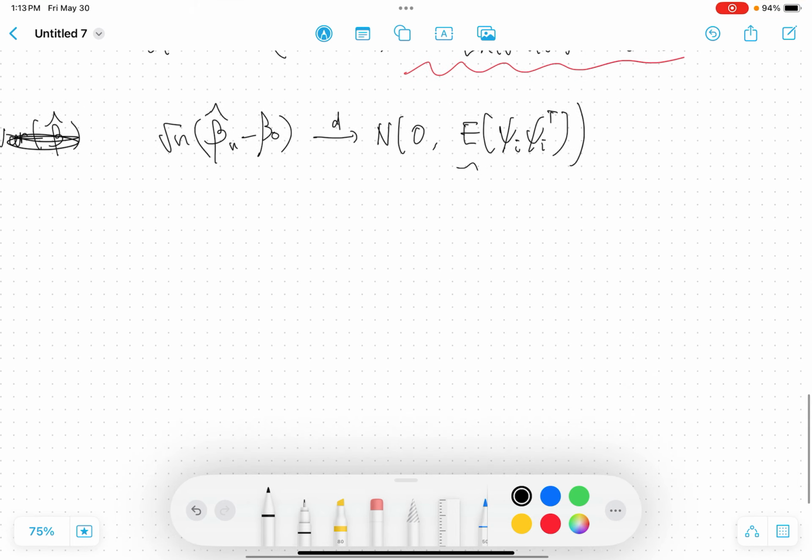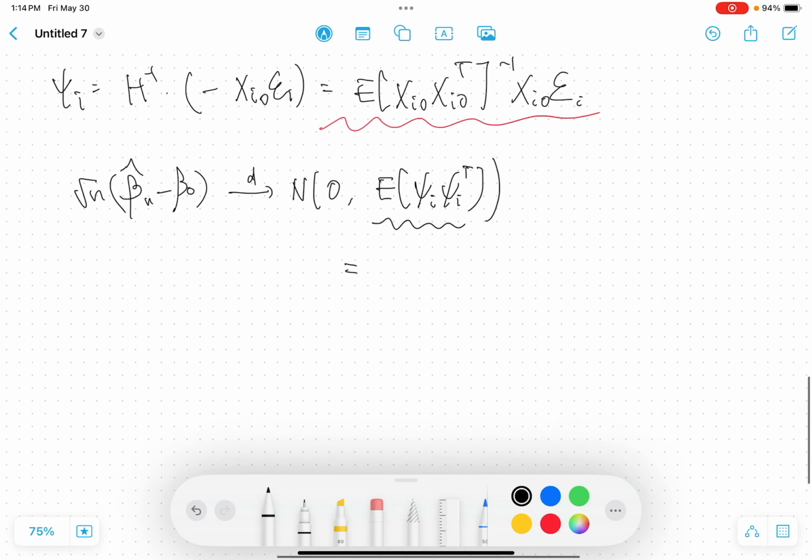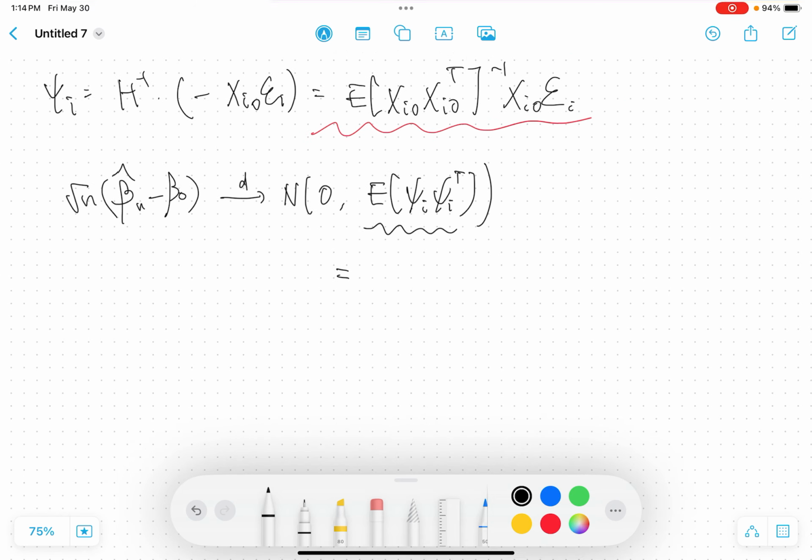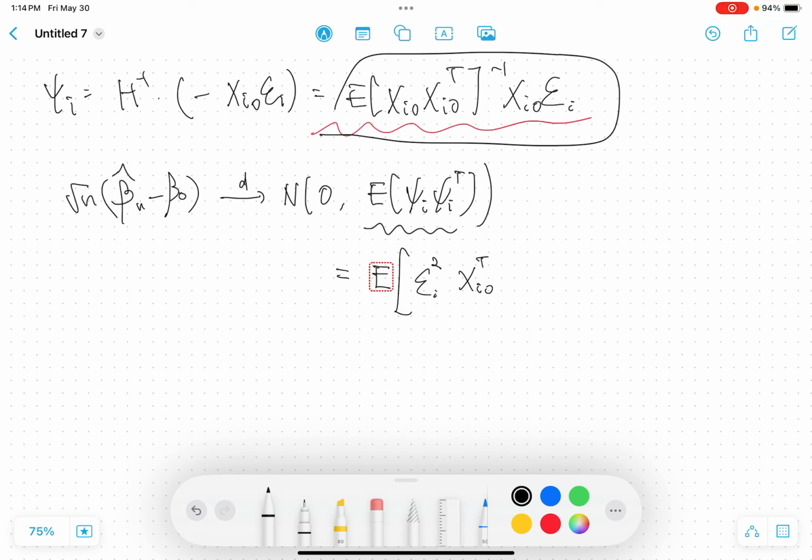And this variance is the asymptotic variance, which is based on this, right? So you can write it as expectation of epsilon squared xi transpose xi0 transpose expectation xi0 transpose inverse x